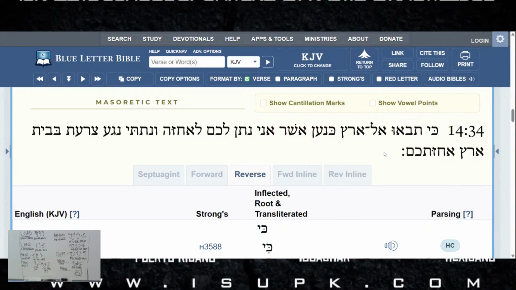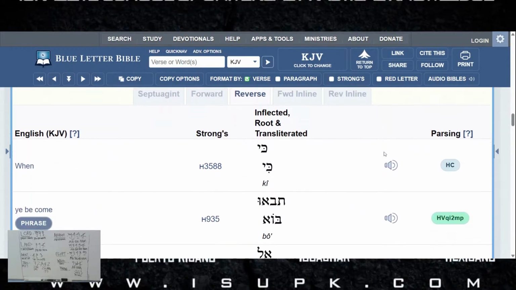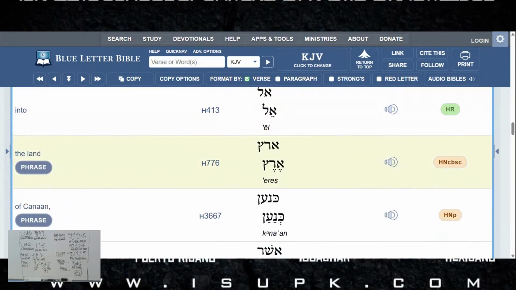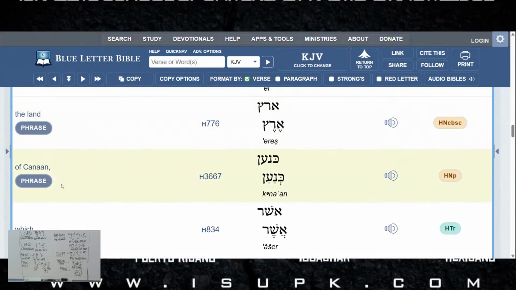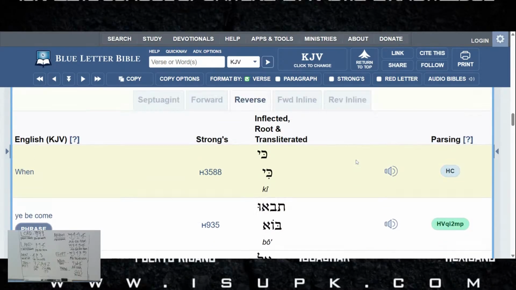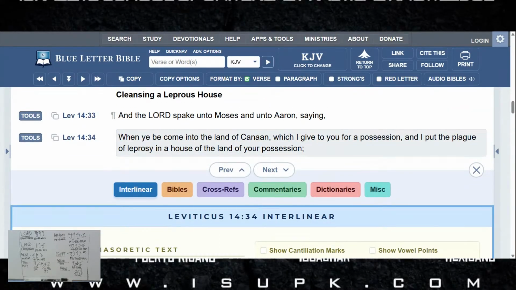Now let's get into the English. Leviticus 14 and 34. That's how you spell Canaan right here. I said that I was writing it on the board, but I said that don't look right. So I'm gonna wait till we get to it, then I'm gonna do it. But I got it right here in the English too, if you want to read.